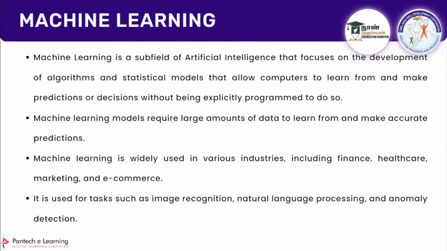Machine learning models require a large amount of data to learn from and make accurate predictions. Till now we have seen using pandas how to load the data and how to analyze it. The next step will be giving it to the machine learning model. A model is something like an algorithm. It is predefined and will do some statistical processing. It is like a black box: you give it something, it does some process and gives you the output. We want to learn what is happening inside this black box, and that's what we are going to see.